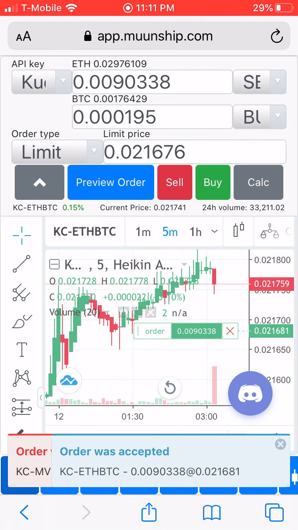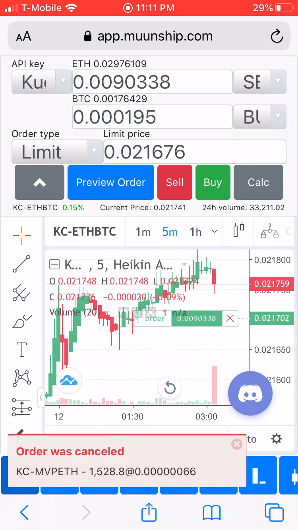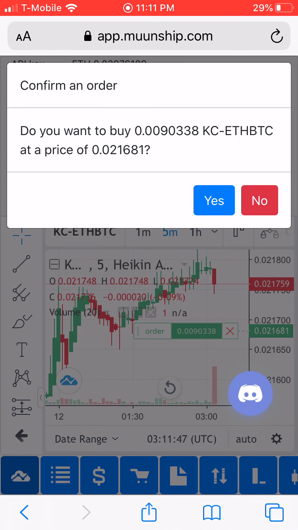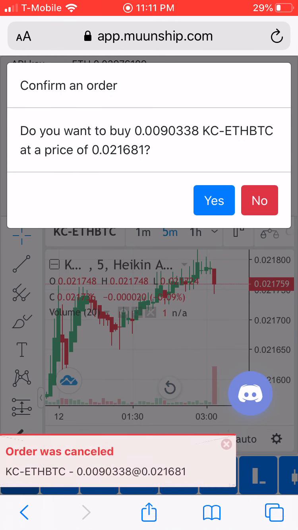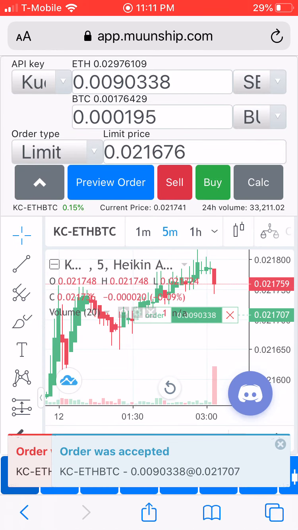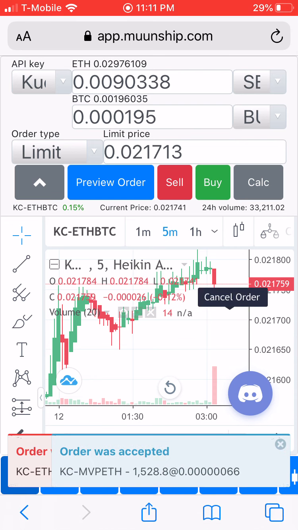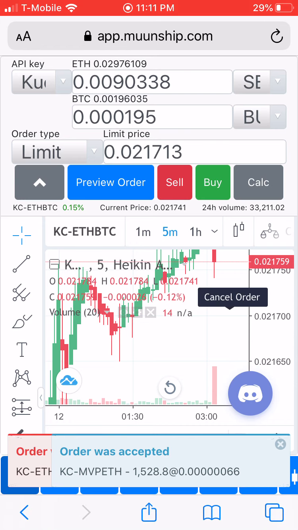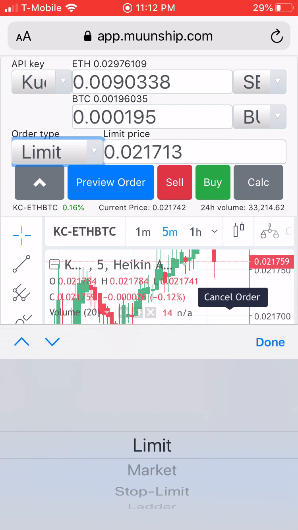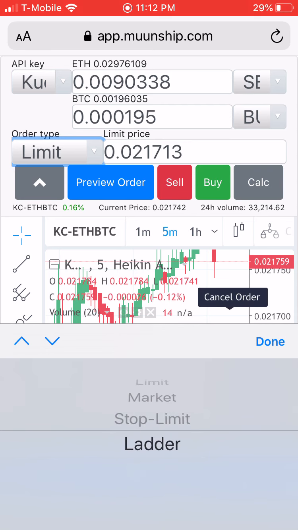If I want to move this order around, I can drag and drop, and it'll move my order for me. See that? If I want to cancel, press X, we'll cancel the order. Happens really fast. Another thing is we can do ladder orders right on the phone. This is amazing. So let's put in a ladder order,